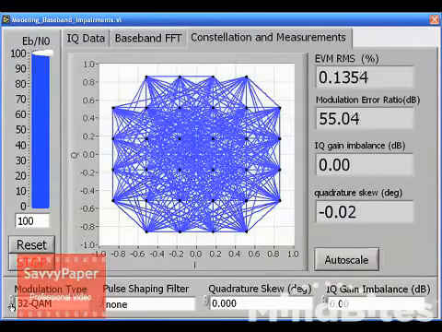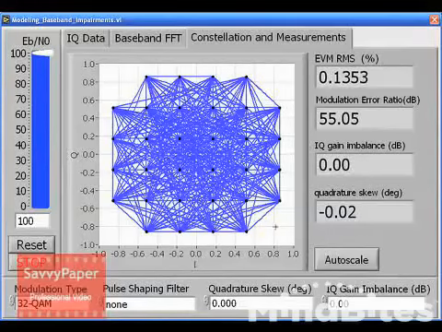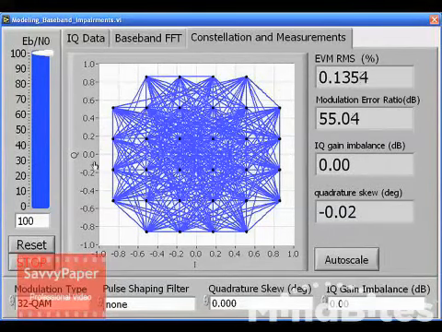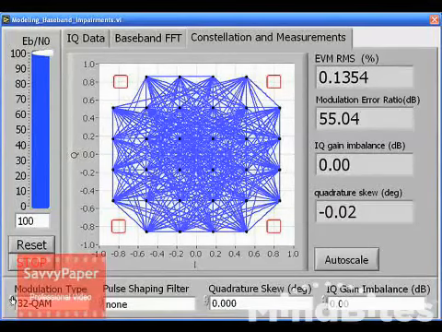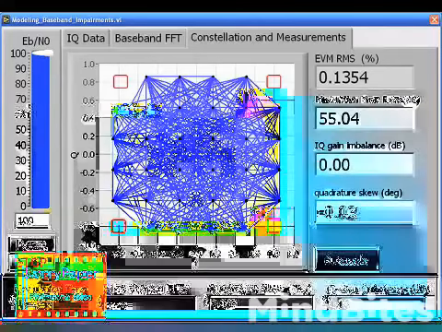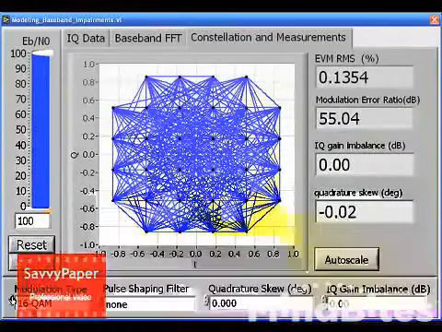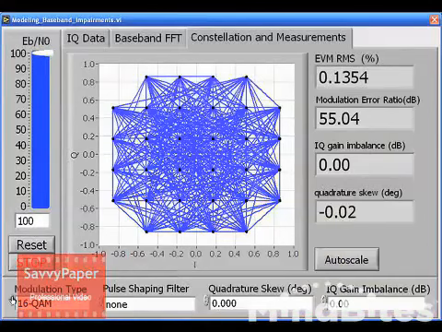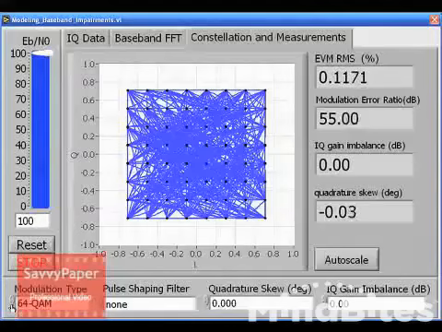2 to the 5th would be our next QAM state, which is 32 QAM. The best shape that optimizes the distance between symbols is a square with the 4 corners missing, shown here, meaning they're not used. Not using the 4 endpoints is the best option because those 4 points would require the most transmit power and would be the most susceptible to noise, imbalances, and other impairments. The constellation for 2 to the 6th, or 6